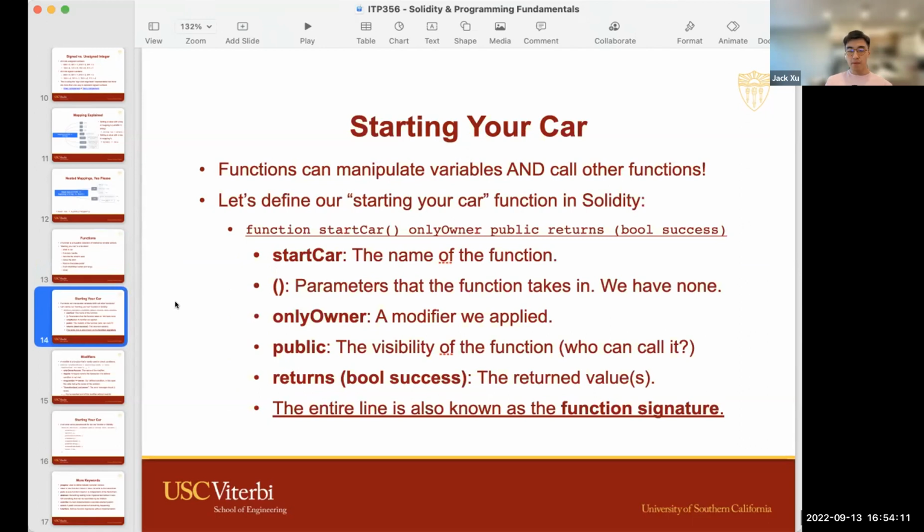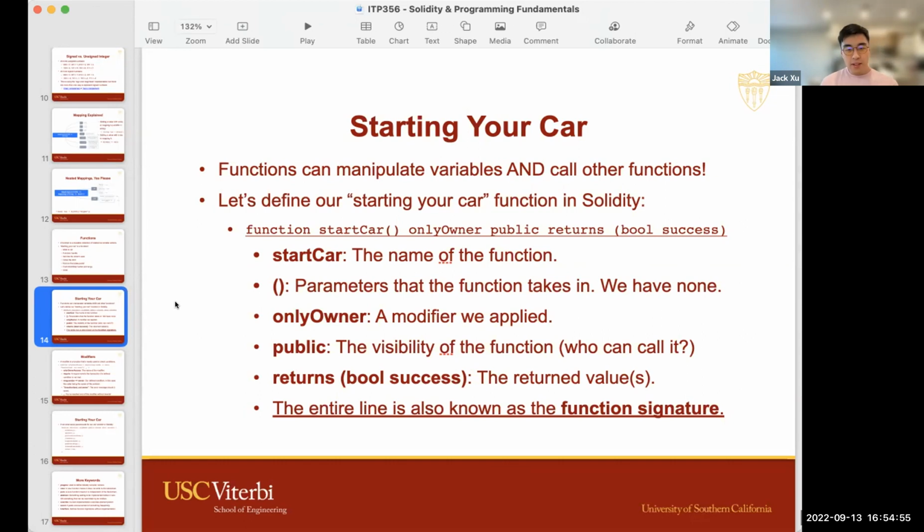So functions are basically a way to group a bunch of code, bundle it into a single entity, and abstract it. I don't know what's up with my cats today. Anyhow, the code within functions is just normal code. There's nothing special about it. Whatever you can do outside of functions, you can do inside of functions, more or less. Functions can manipulate variables and call other functions, just like normal code outside of functions.